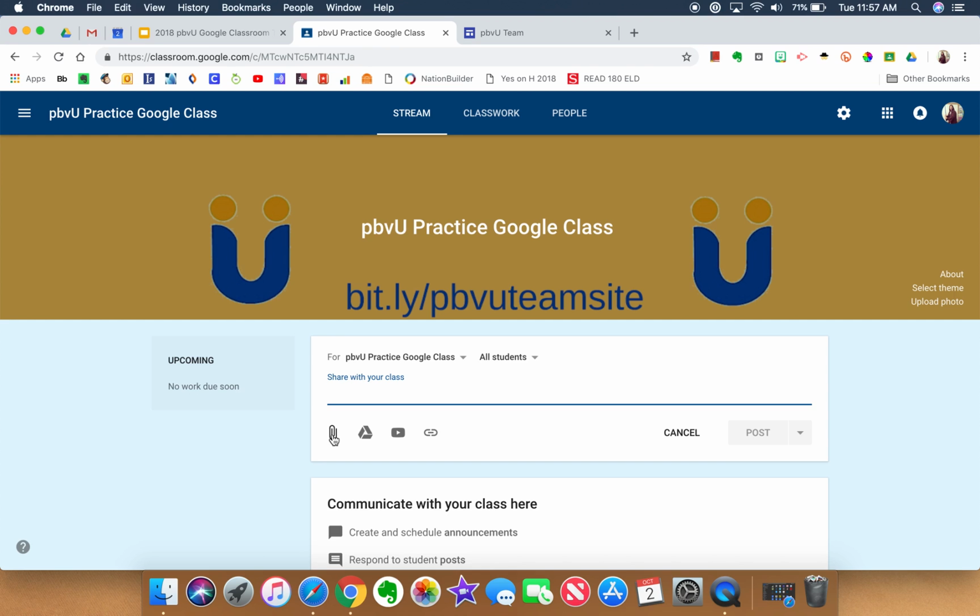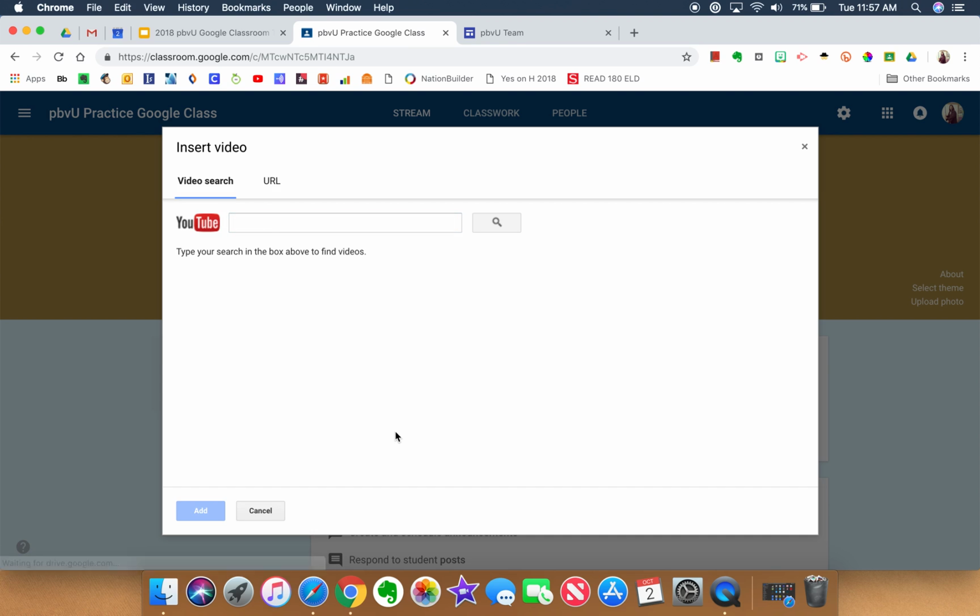But what you can also do is you can attach a file from your computer, from your Google Drive. This little triangle is the icon for Google Drive. You can attach a YouTube video or a link to a website. So let's go ahead and just make a little message. Check this out. And then I'm going to go ahead, click on the YouTube icon, and type Jimmy Fallon, Justin